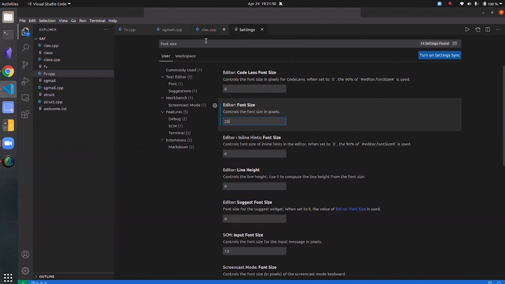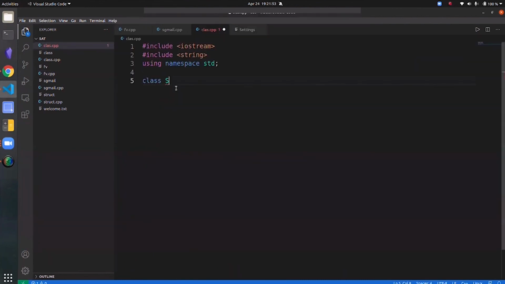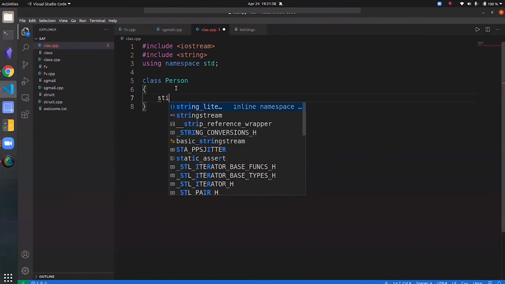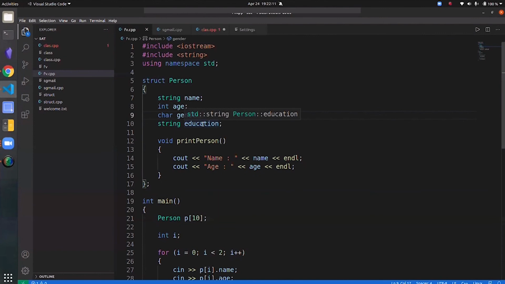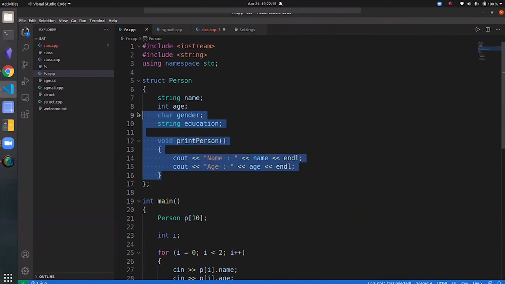Well, let's do that. Class person. Let's do string name, int age, gender, education. Let me just copy this entire thing.